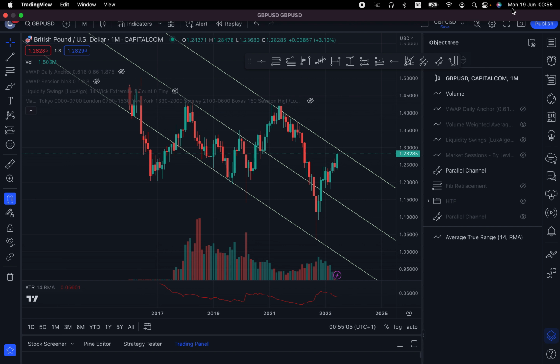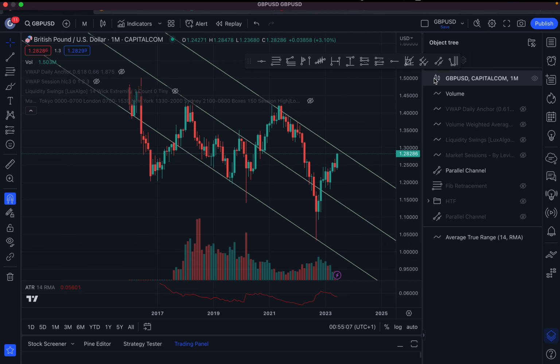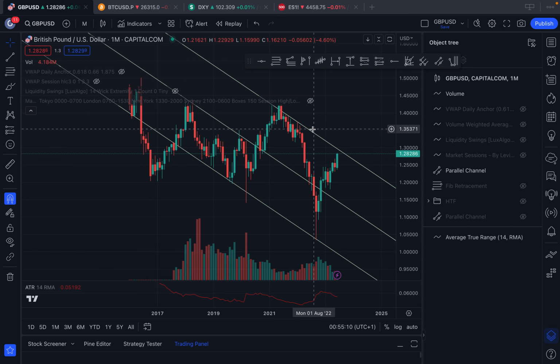So today is Monday, 19th of June, 2023, and we are looking at the GBPUSD market as always. Let's start off with the higher time frame. So we're at the monthly chart at the moment. It's always good to see what's happening on the monthly